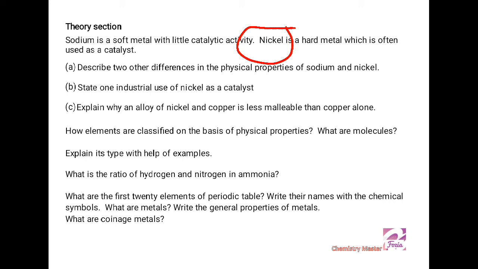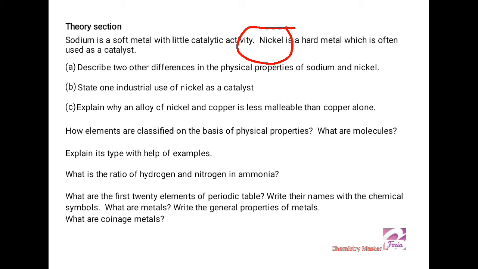How are elements classified on the basis of their properties? You know, the elements are classified in the periodic table on the basis of their physical properties as metals, non-metals, and metalloids. To find the answers of these physical properties, you can go through the textbook reading. The reading will help you in listing the main and salient physical properties.